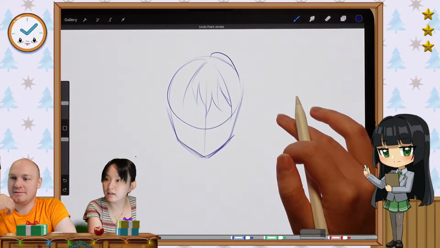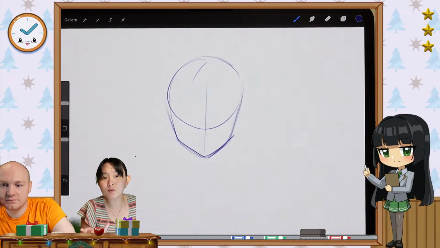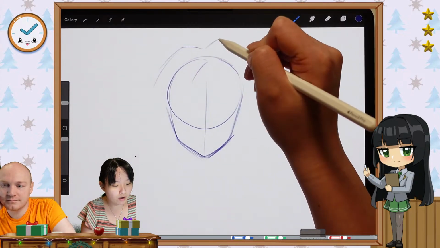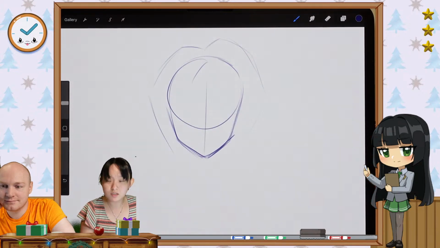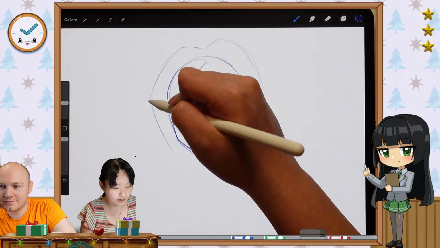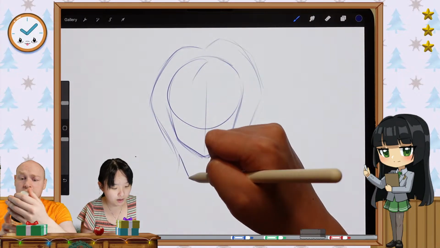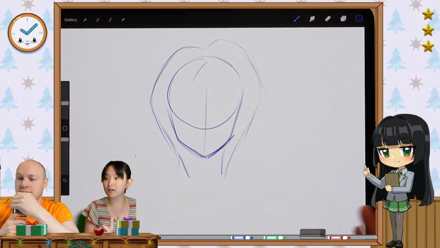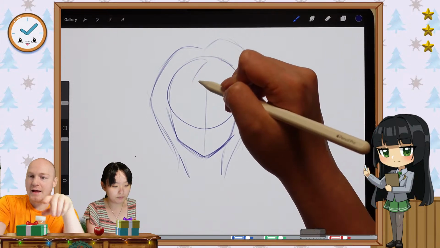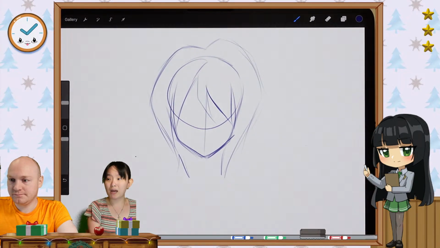I think draw the head like this first, and then to plan it, actually asymmetry is not bad, right? It doesn't have to be perfectly in the center, but what you can do is draw an outline of how you want the hair to be on the outside. And once you like that, then you add in extra stuff. Like, let's say I want my hair to be kind of short like this. I'm deciding that it's going to be wider on the sides and thinner on the bottom. Because it's working really simply, I can determine how far to the side or how off center it can be, or I want it to be. And then this includes the bangs. And once I'm happy with it, then I add details.